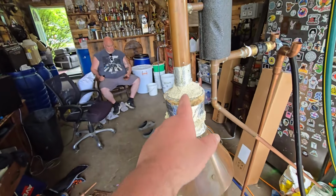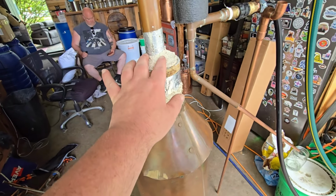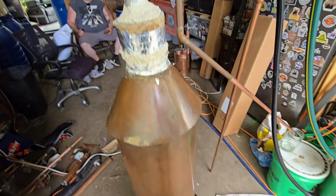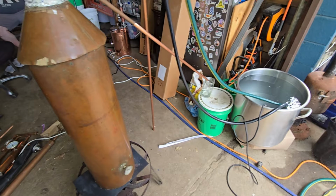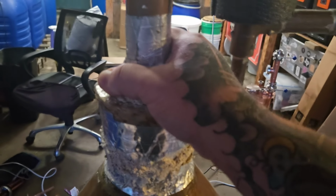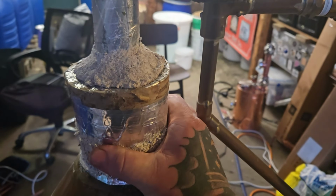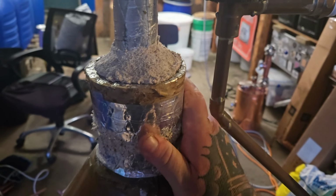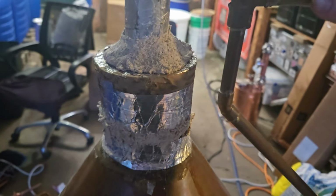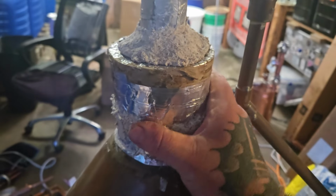So far that paste is working. It's hard as concrete, man. It's good shit. Come back to you when we're in the hearts. All right, so this paste is solid. Like, you can't even chip this shit off. That is concrete. I don't even know if I could get this off here. I'm gonna have to chip away at it with something, but